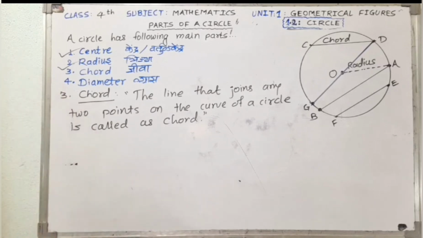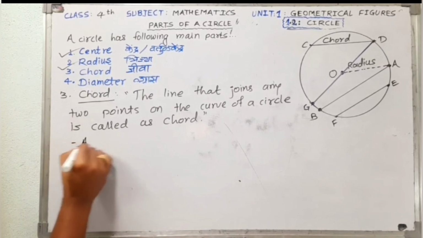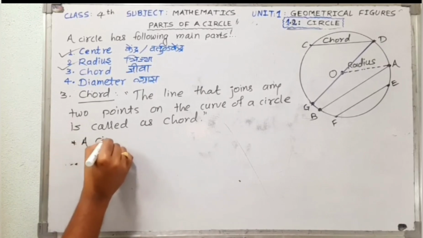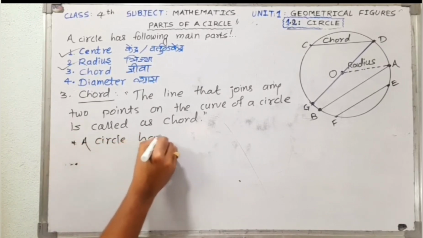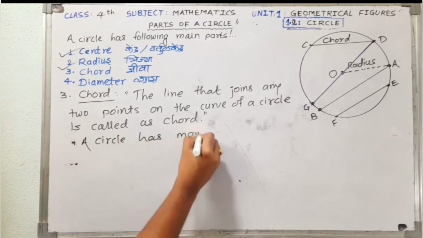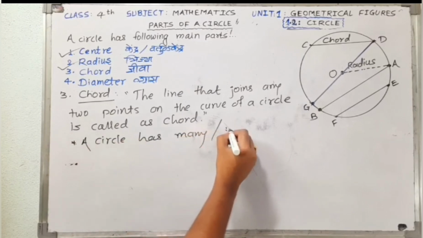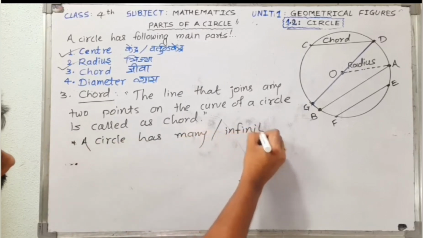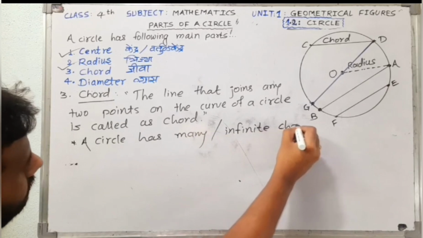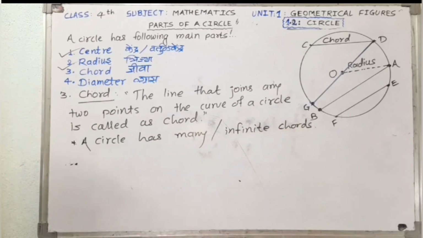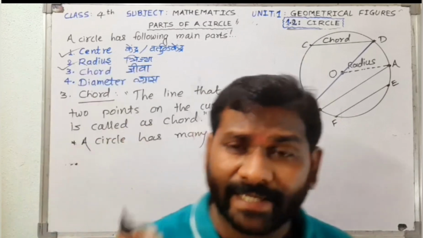And the answer is yes, a circle has many chords, many or infinite chords. Okay, you can draw the chords in any direction, just that line has to join 2